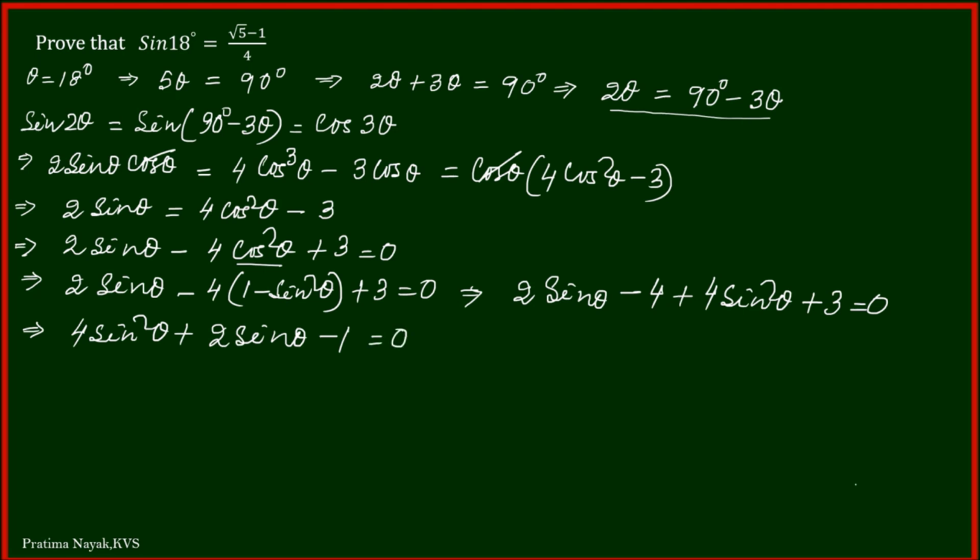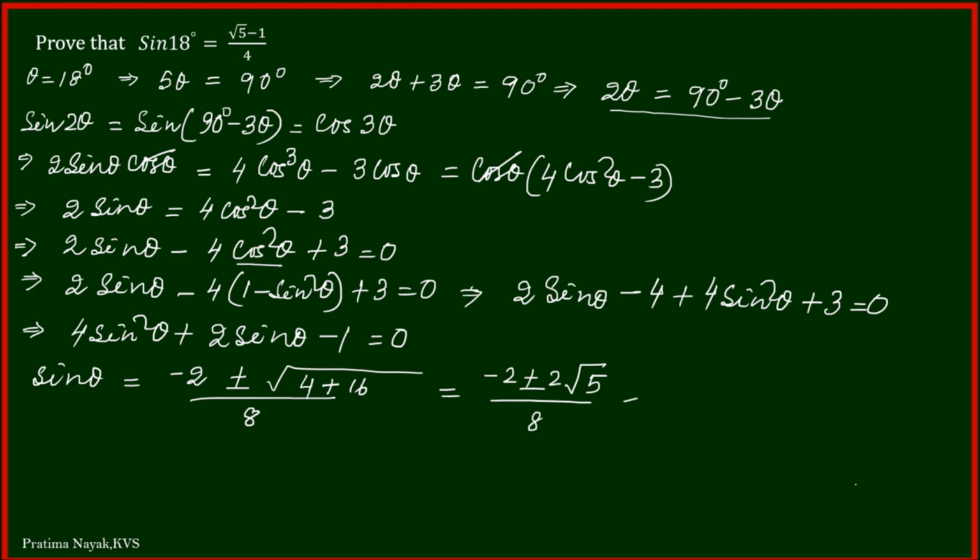So let's put in the quadratic formula to find the value of sin theta. Sin theta equals minus b, b is here 2, negative b plus minus square root of b square, 2 square is 4, minus 4ac, a is 4 here and c will be minus 1, so it will be 4 times 16, whole upon 2 into 4, that will be 8. So this gives us minus 2 plus minus square root 20, which can be written as 2 root 5,